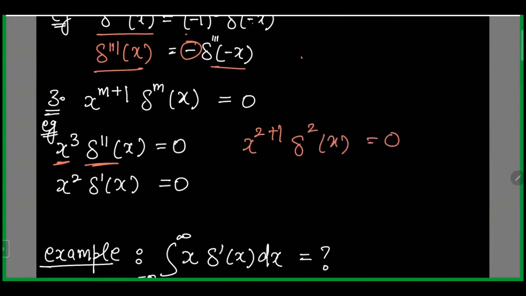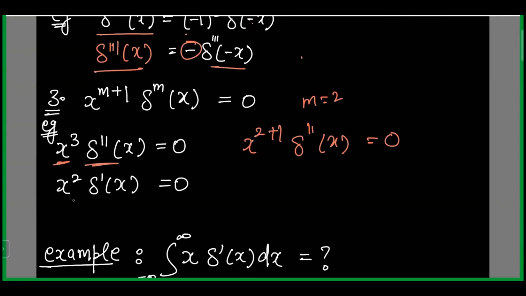So this will give you 0. So if here m is 2, so if you have a double derivative, and it is multiplying with the x which has one more power, so if you are double differentiating your function and you multiply it with x cube, you will get 0